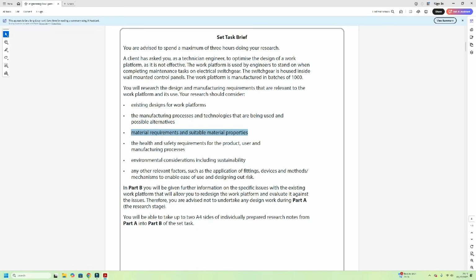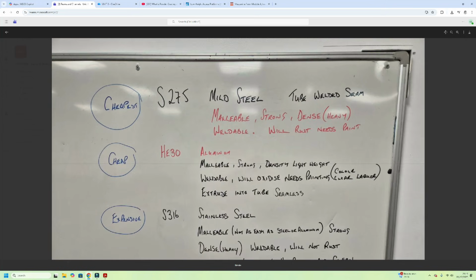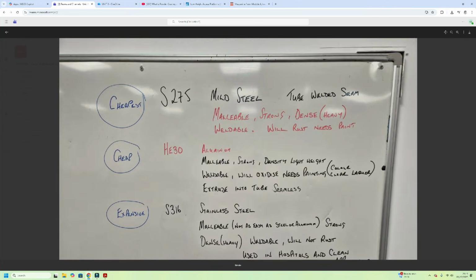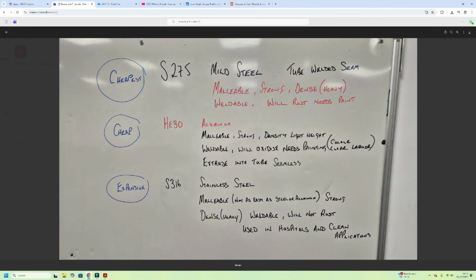Right, what I've done with my group, I just wrote a few things up here on the board. Let's make that just a little bit bigger so you can see it on the screen. So if you are on your mobile phones, you should be able to see this easily enough. Okay, so low carbon mild steel